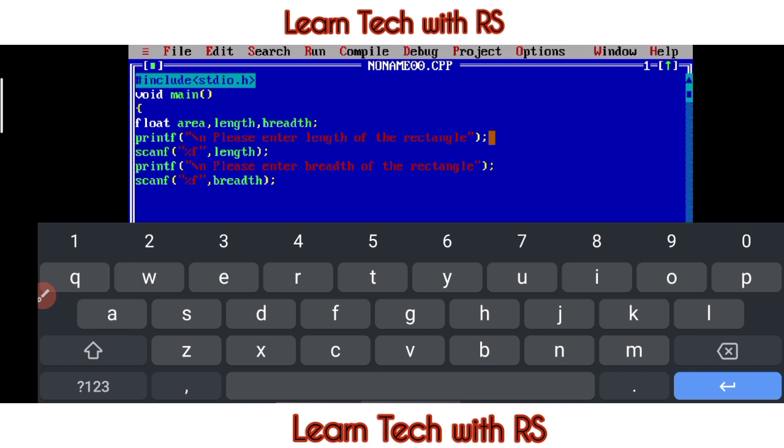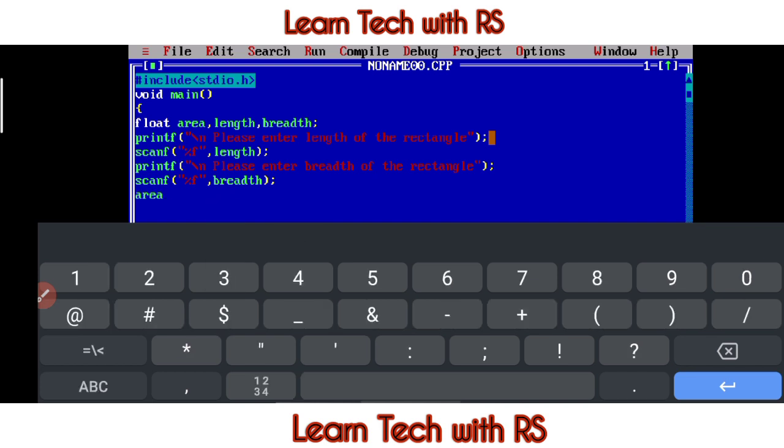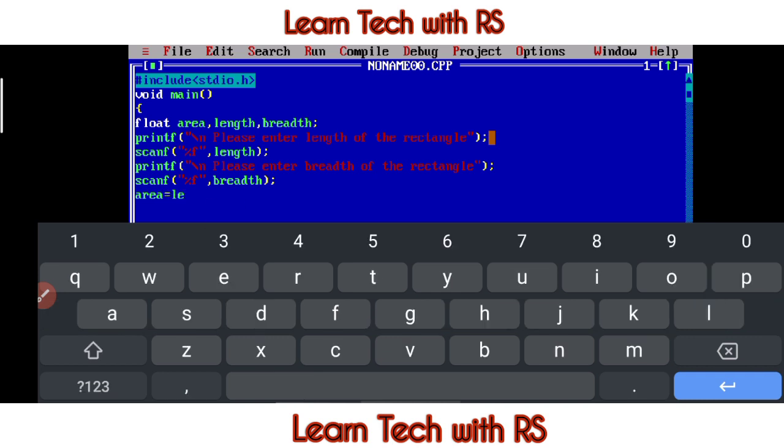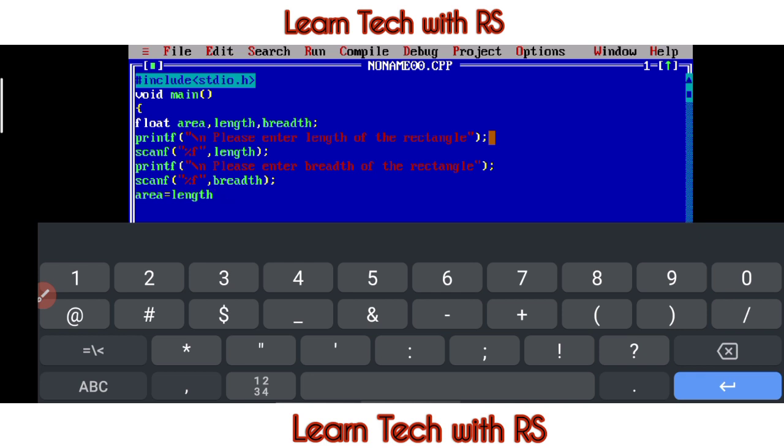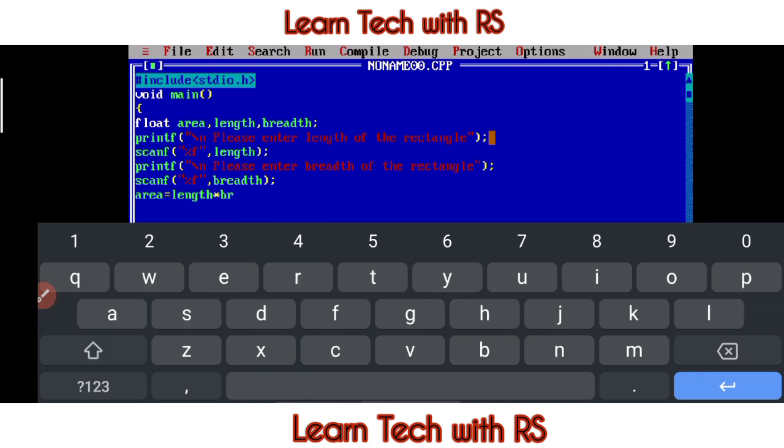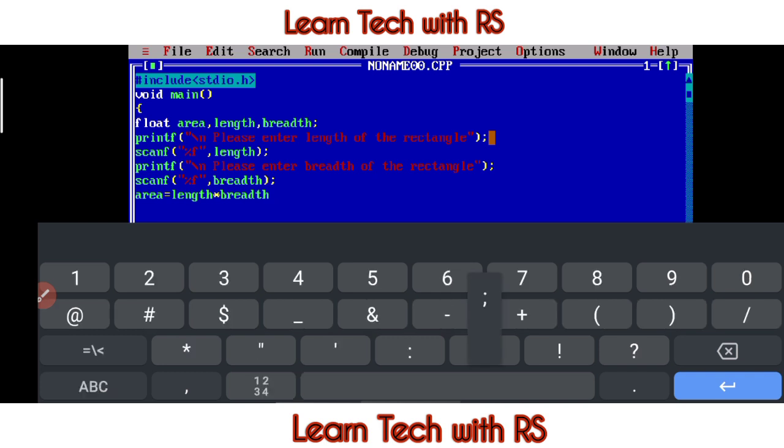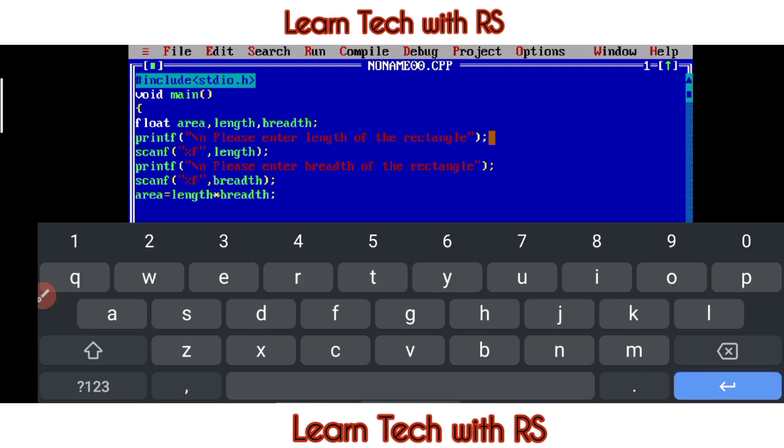Now we have to find the area. We note that area of a rectangle is equal to length multiplied by breadth. And then we will give the break, that is the semicolon, and then print again.